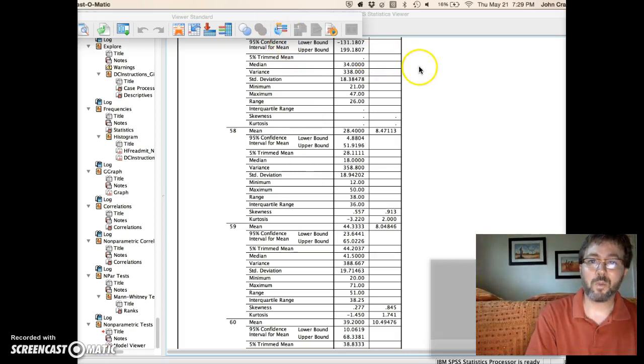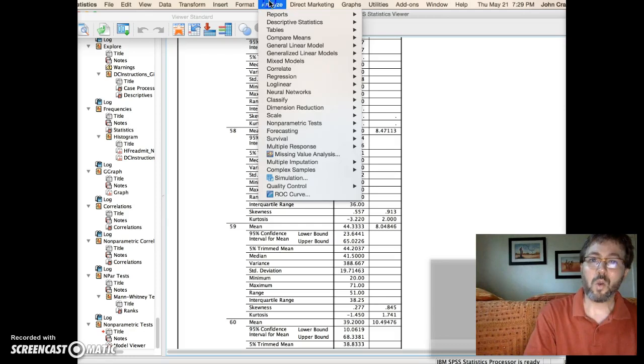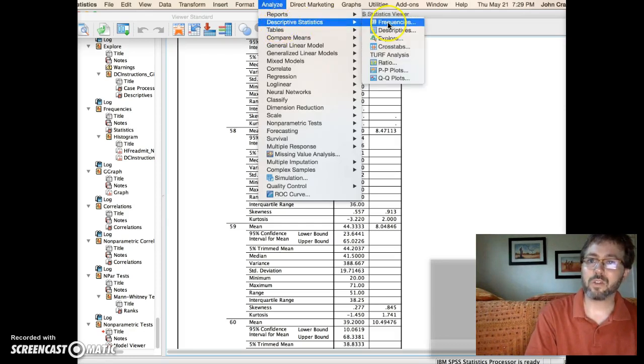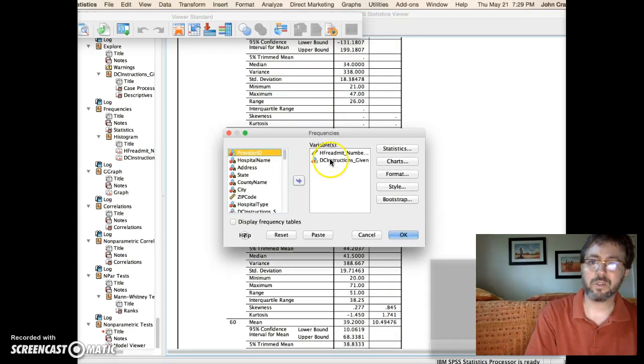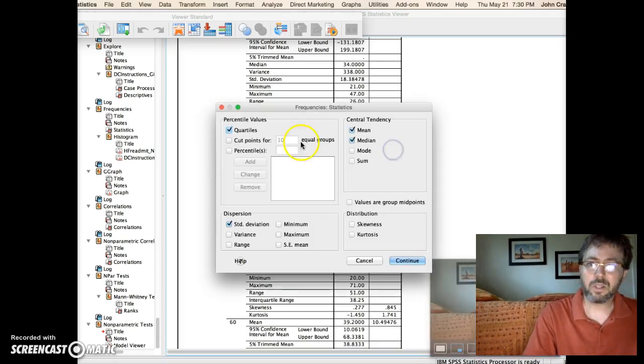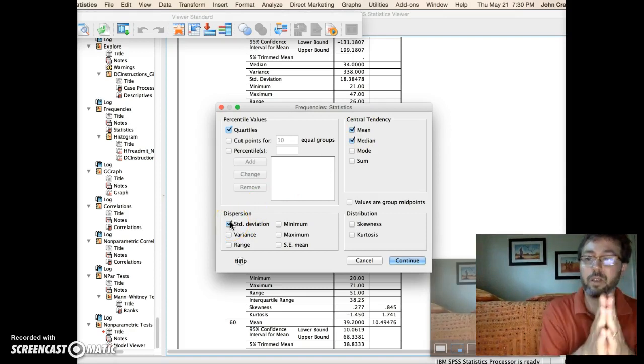With your data set open, your analytic thinking cap on, let's open the Analyze tab and go to Descriptive Statistics, Frequencies, where we spent a lot of time. And here I've populated it with heart failure readmission numbers and discharge instructions given. Let's go to Statistics and tell it we want quartiles for the median, and for the mean we want the standard deviation. So that will give us data on not only a measure of central tendency but also the variance